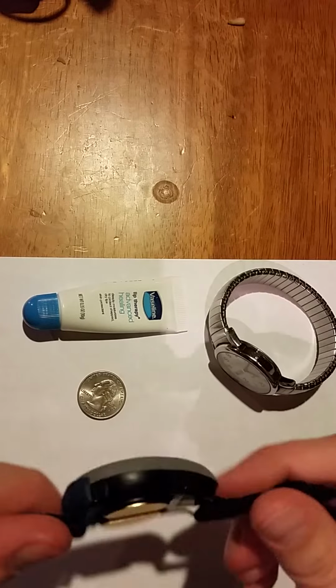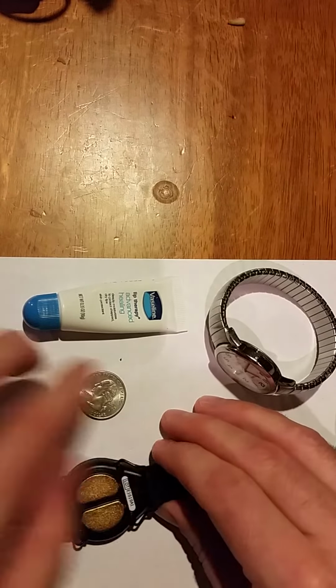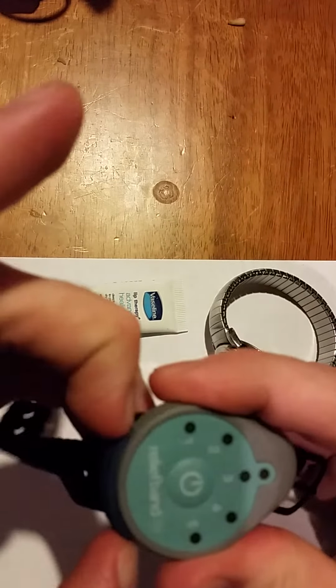This costs right around $100, but you can usually get it on Amazon for maybe like $20 less, depending if there's a deal going on or not. So what is it? Well, it's a device which takes a watch battery. Super easy to change the battery. Just pull this tray out,